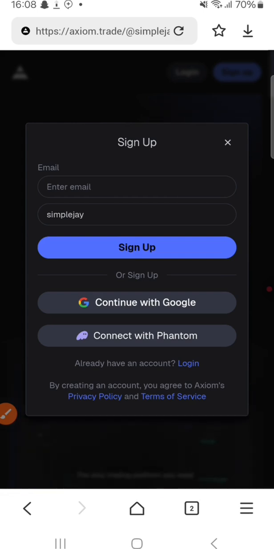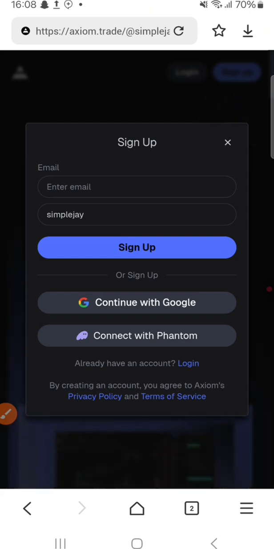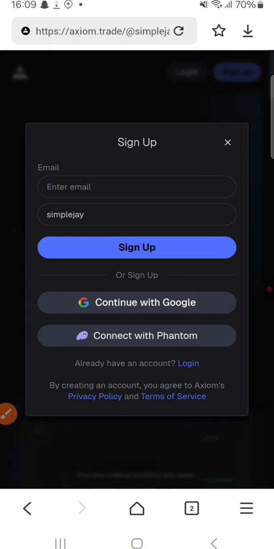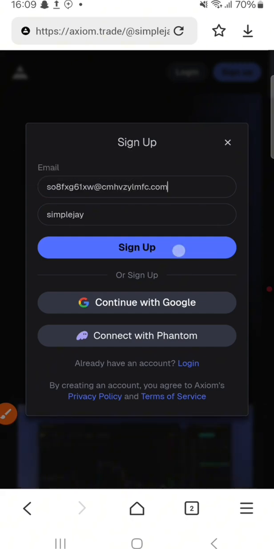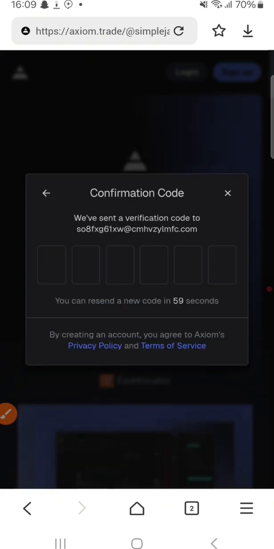Okay, so from here you want to enter your email, all right? But because I already have an account, so I'll just be using a temporary email. But you make sure that you use your real email. Okay, your working Gmail. I love Gmail. If it is Hotmail, if it is Yahoo, whichever one you are using. So I will press the email right here and click on continue. Okay, now it will tell you to enter a